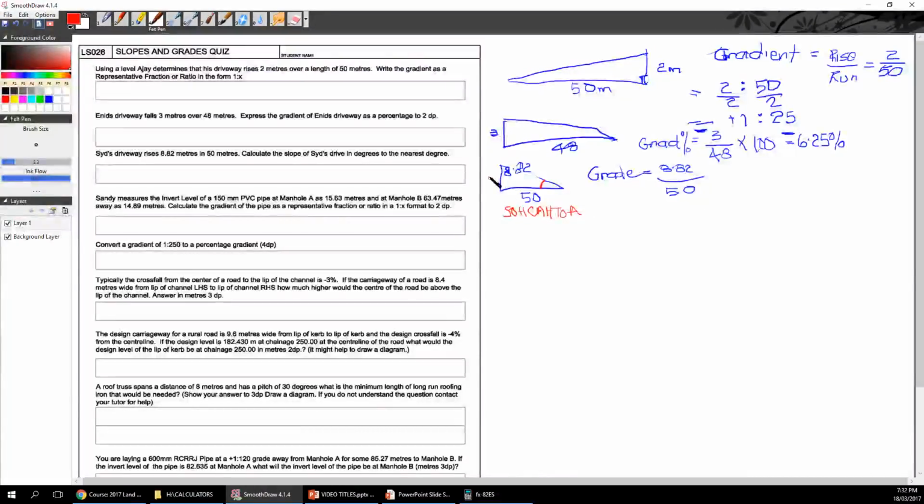That's the opposite of the red angle, that's the adjacent, that's the hypotenuse. You want to find an angle, so it's tan. We know that tan of the angle, let's call it theta,